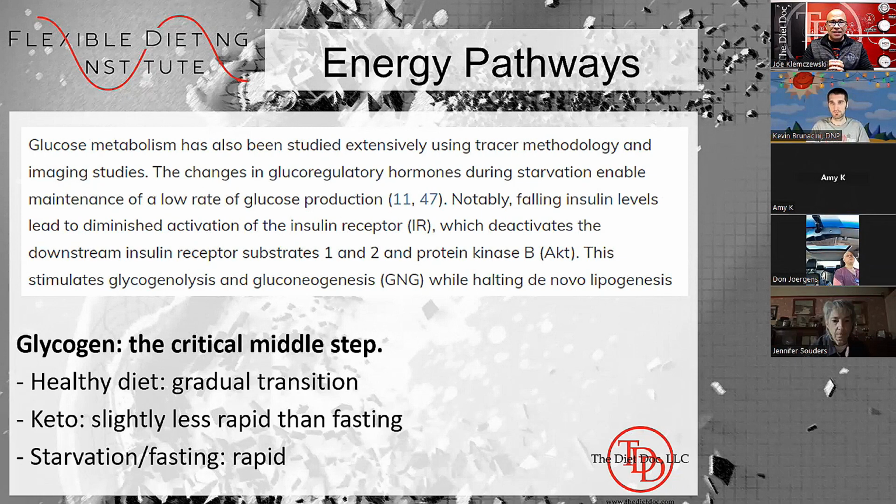But as I said, that glycogen is the critical middle step. So you have the insulin sensitivity happening, and then of course you're getting lipolysis. That's just part of that teeter-totter of the metabolic switch. But in a healthy diet, there is that gradual transition. You don't get that massive insulin